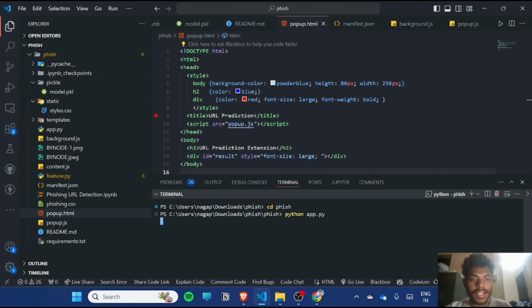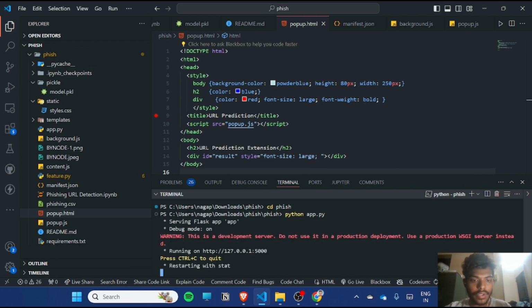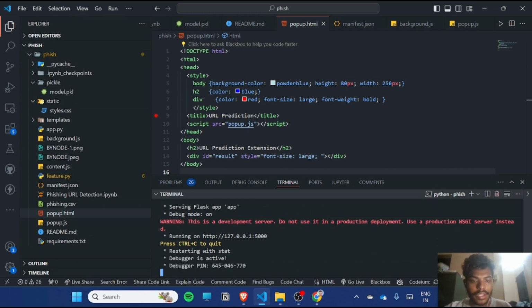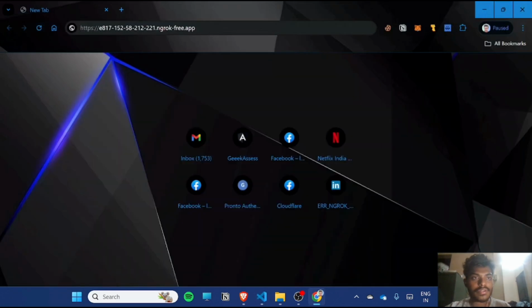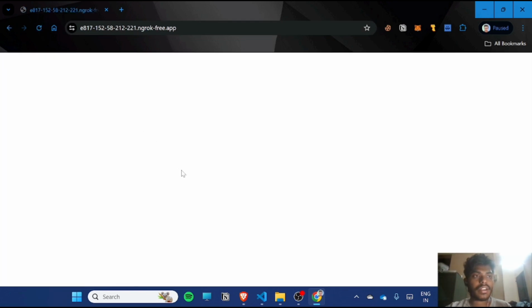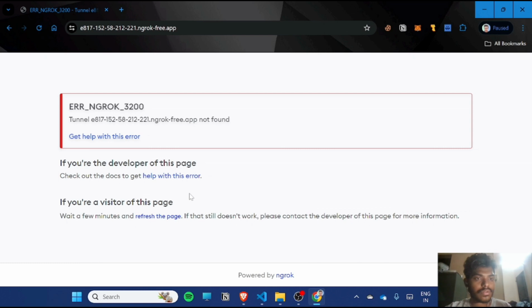We have to wait until it shows a localhost URL, so we can proceed with URL detection. So here is the thing. We got the localhost URL, and we also got the confirmation that it is running. Now let me go to Chrome, and I have the URL. Let me just hit enter here. After hitting enter,